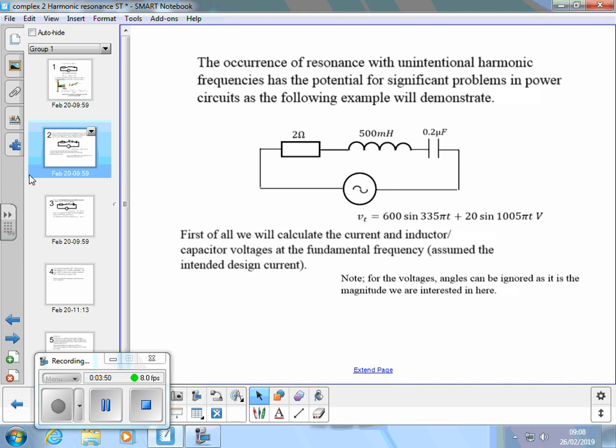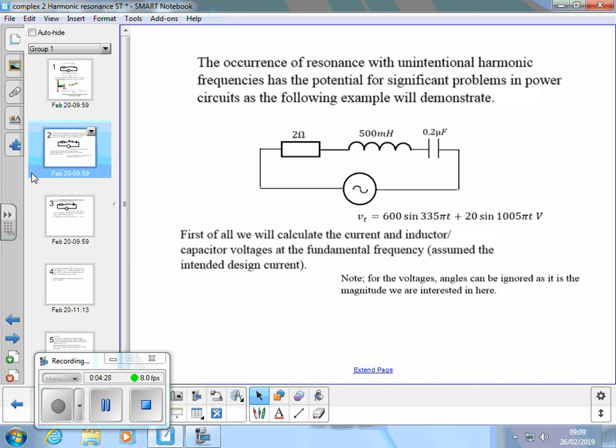So we've got this 2 ohm resistance, an inductor with an inductance of 500 millihenries and a 0.2 microfarad capacitor. We're applying this voltage here, 600 volts sine 335 pi t, and then we've got 20 volts of a third harmonic, because that figure 1005 is 3 times 335. Okay, so